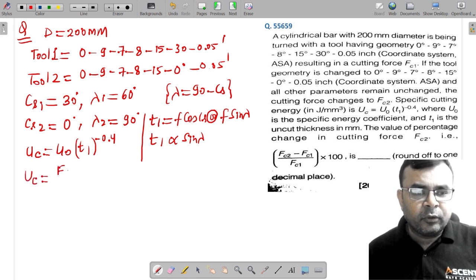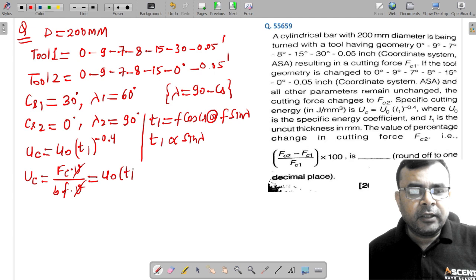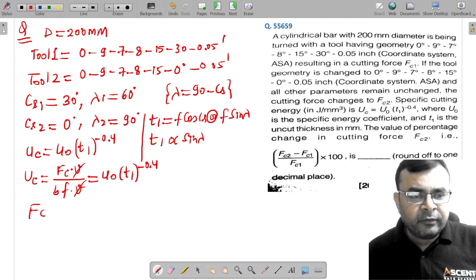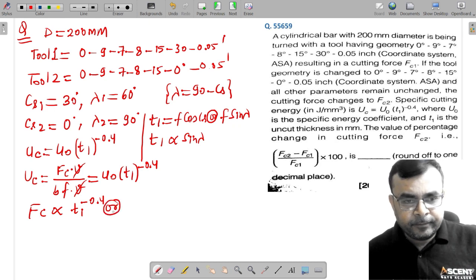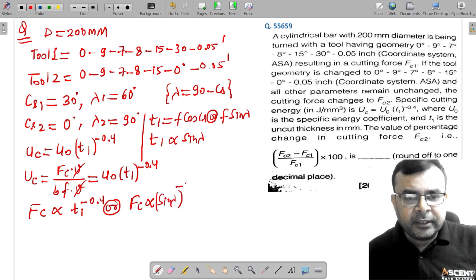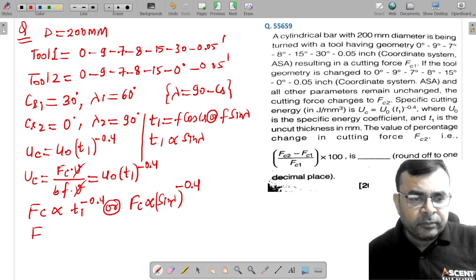This is cutting force into cutting velocity over V, into F into V. So this is cancelled out with this, and this is equal to U0 T1 to the power minus 0.4. So can I say the cutting force is directly proportional to T1 to the power minus 0.4, or you can say cutting force is directly proportional to sin lambda whole to the power minus 0.4. So from this,